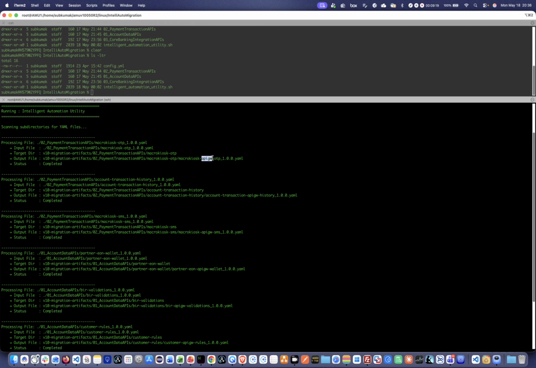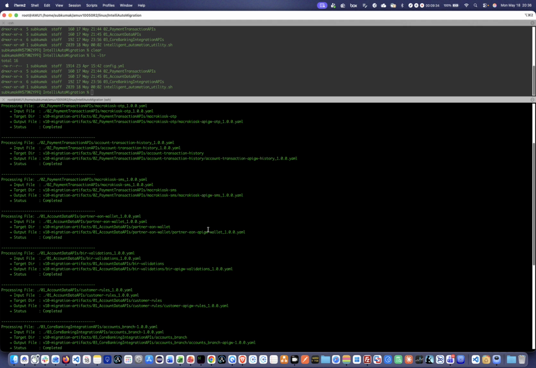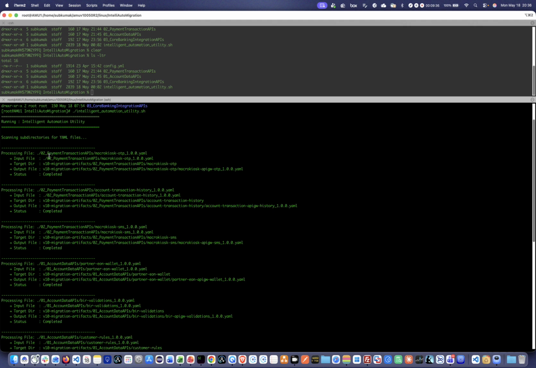You can see that the name has been changed. The old name is this one, OTP, and the new name is macrokicks underscore API gateway, right? So this is the new file. The new migrated API file is in this format. So you can see it migrated all these APIs